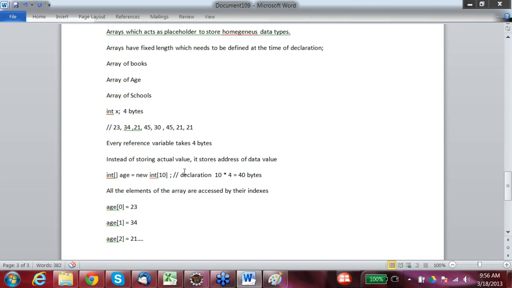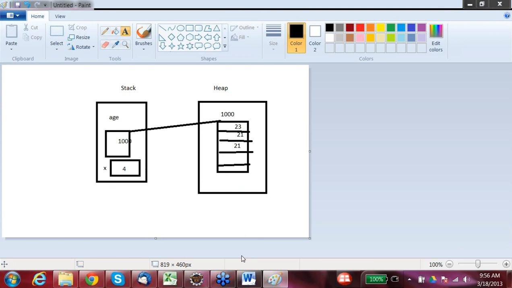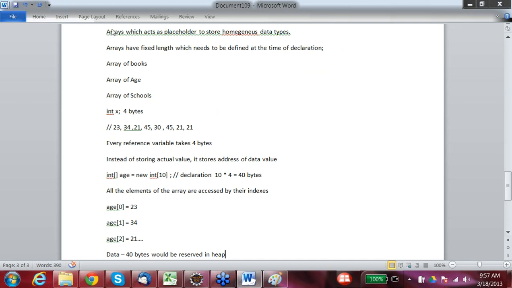Okay, let me explain. We have declared how many variables? 10 variables, right? 10 integers means 40 bytes, right? So for data, 40 bytes would be reserved in the heap. Now to hold this value, we have a reference variable as well, the age reference variable. So this also holds a value and takes some memory. As I've told you, every reference variable takes 4 bytes.